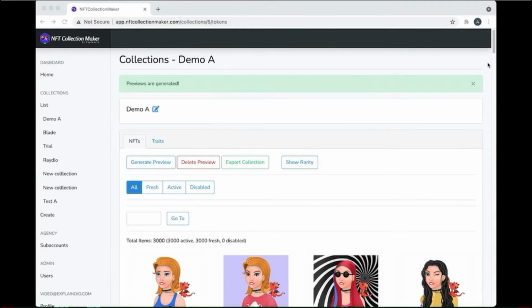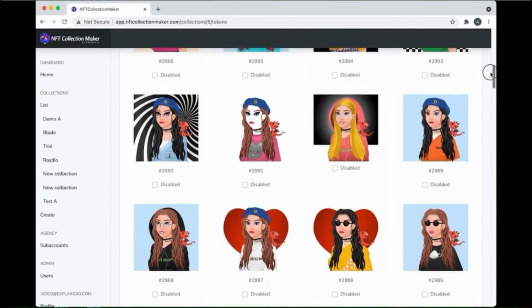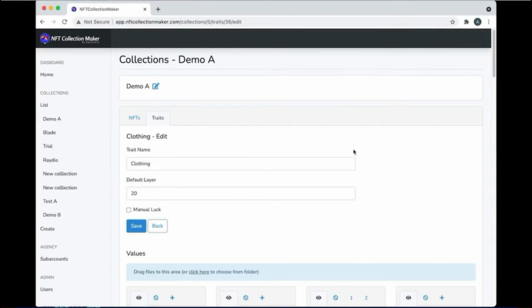You can see all the layers and all the items that have been added to make the art look so great. And you can add as many items as you like here. So let's check on the clothing preview window here and look, and these are the cool parts that you can add,